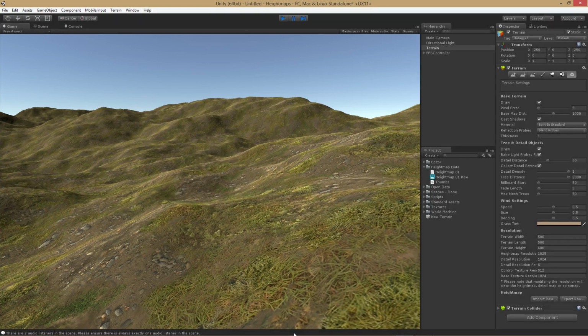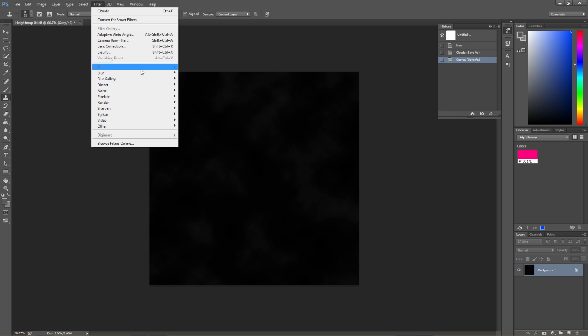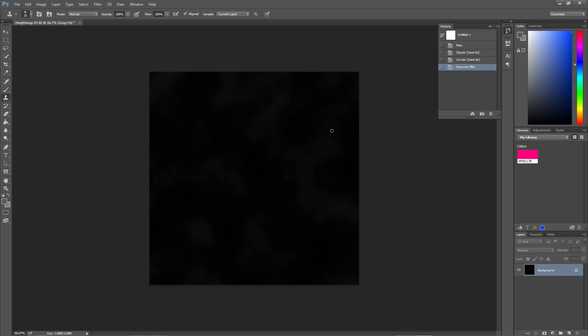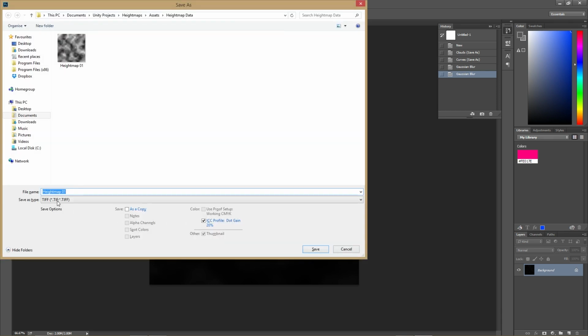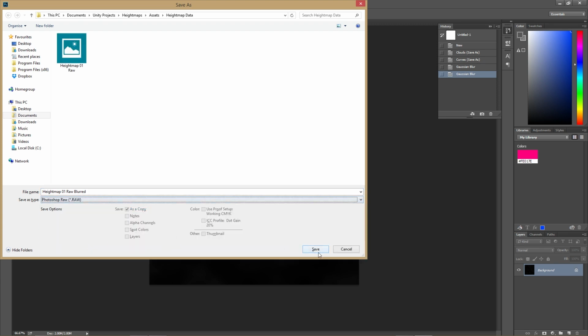So let's just go ahead and quit out of here and come back to Photoshop. So some of our choices is that we could go to the filter, and we could go to our blur, and we could go to our Gaussian blur, and let's just give it 5 pixels. And I'm going to go ahead and do it twice. So that's 2 blurs, 5 pixels each. I'm pulling those somewhat randomly out of my back pocket. So that's raw, and let's call this blurred. I'm going to make some options, and we can go back and look at the differences here. And that's again in raw format